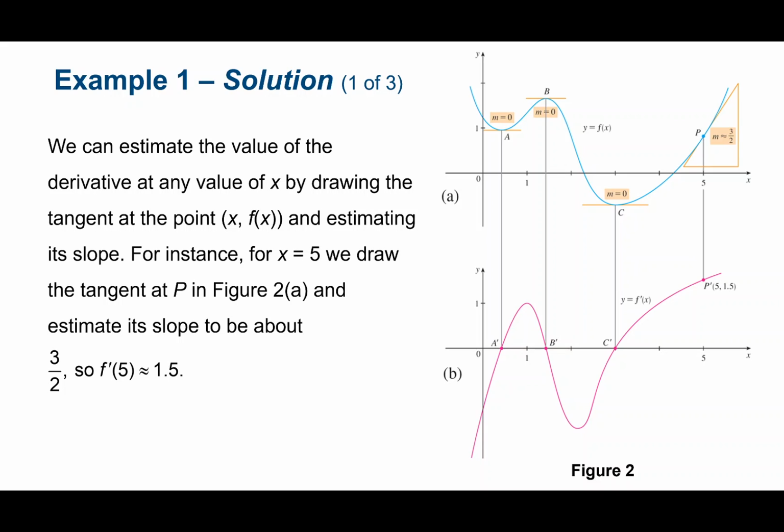And then if you follow from there to B, we've got positive slope, so our graph should be above the x-axis, in positive territory. Then again, when we get to this number B, we have a horizontal tangent line, so we've got to at least touch the x-axis again. There we'll have negative slope, so we're down below the x-axis. We hit 0 again at C where we had that horizontal tangent line. And then for the rest of it, we've got a positive slope, and it looks like it's getting steeper as we go. So our graph's positive and it's increasing.